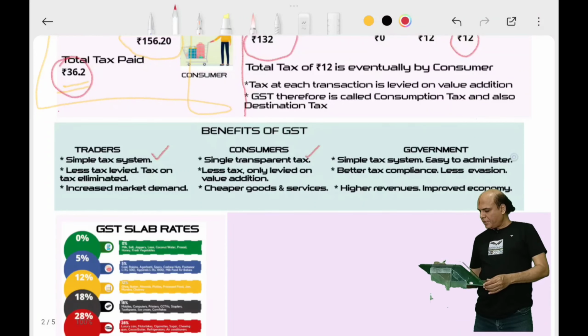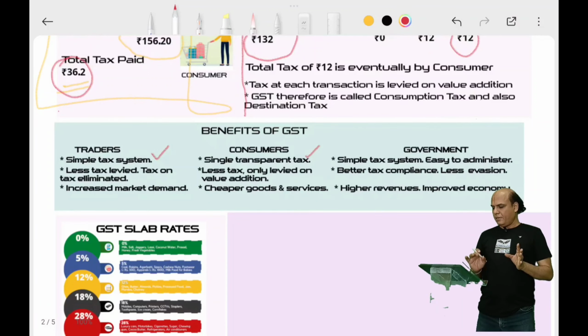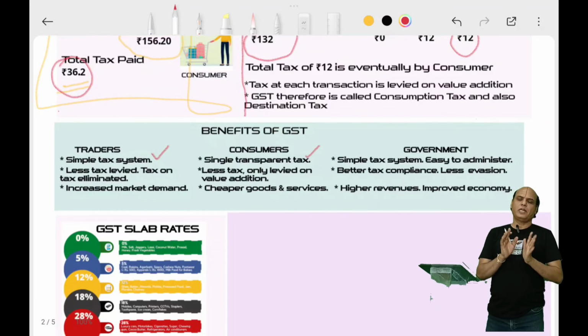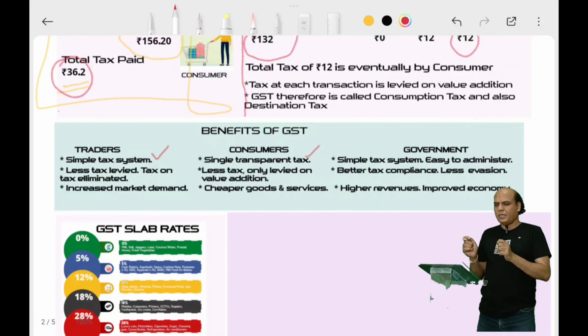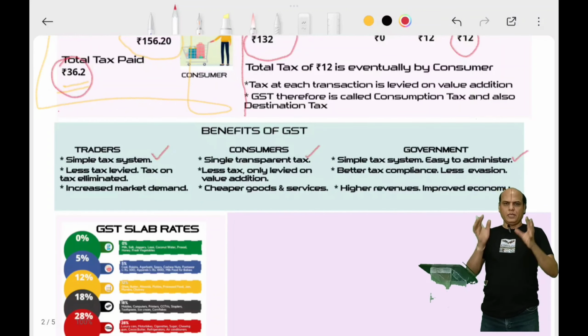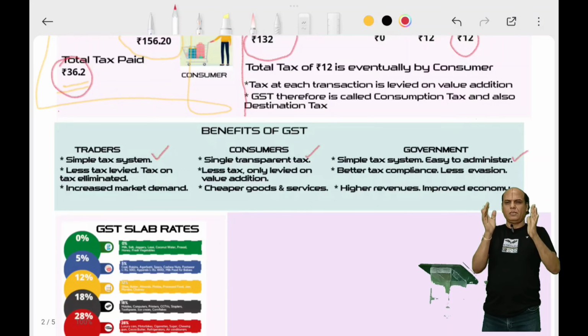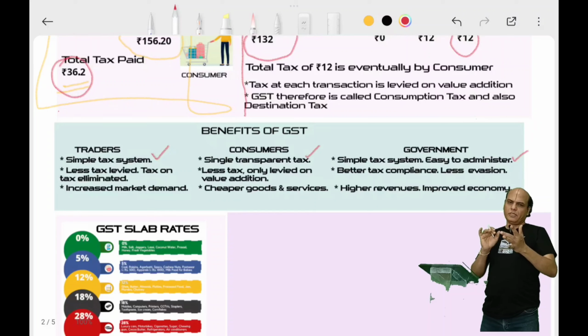Now from the government perspective, when the tax system has been simplified, it is very easy for the government to administer. Earlier they used to keep so many books of records. Now it is a simple tax system. For them to administer who is paying and who is not paying, they need to police the tax system. So for them it becomes easy. If you drill down on this point in your mind, then you can put the same point in various words, applying to different aspects of economy, and come up with 2-3 different points of the same thing.